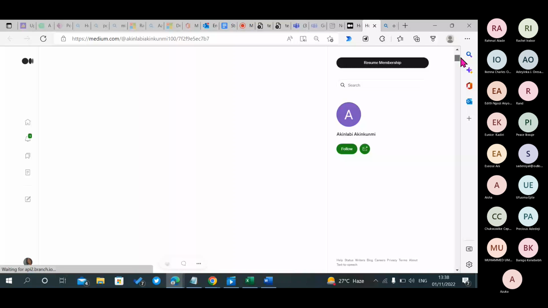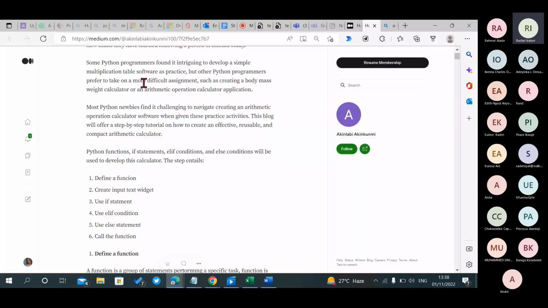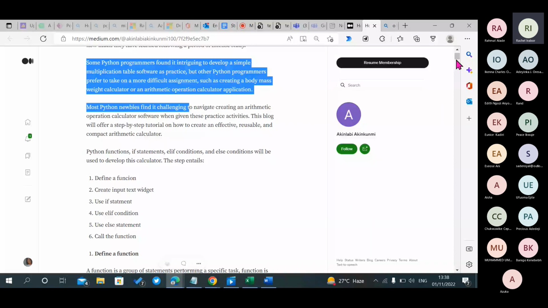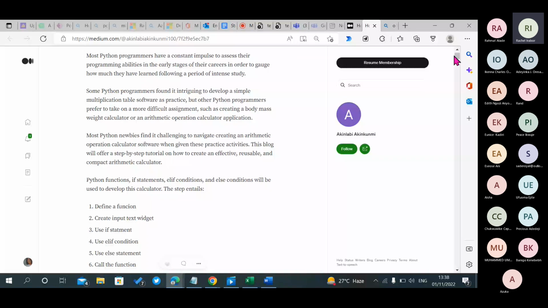You just gave many words here, and you were actually talking about how to. One thing you have to notice is that you have to always think about what your topic is. When you're talking about your topic, it's just to give maybe an opening sentence, define what Python is, and then you can gradually go into the main reason why you are writing this blog post. You were too focused on newbies, programmers, stuff like that.